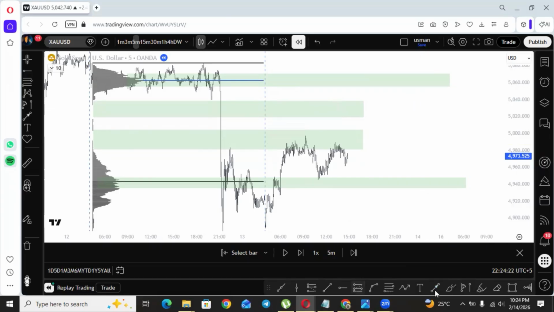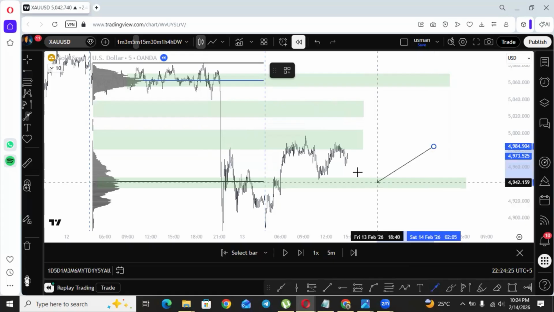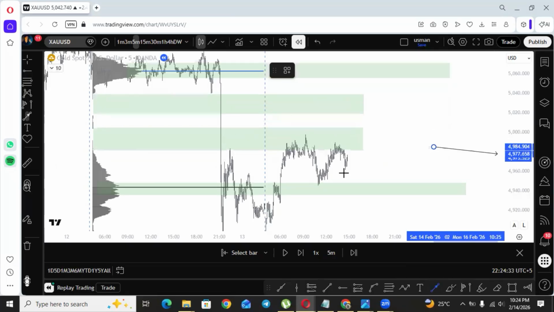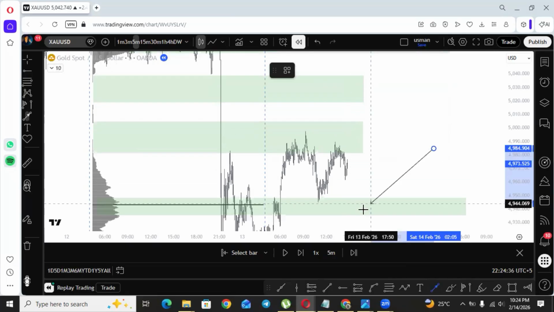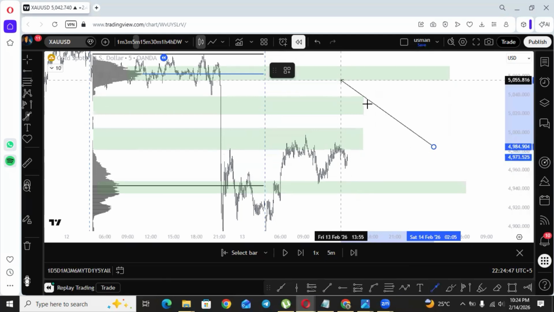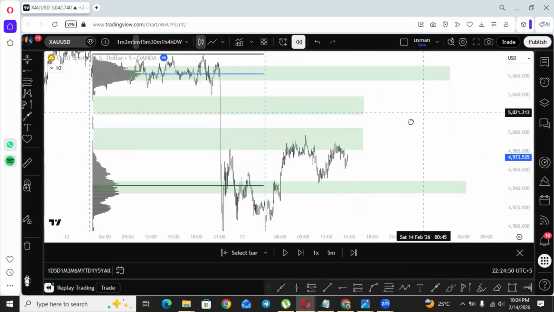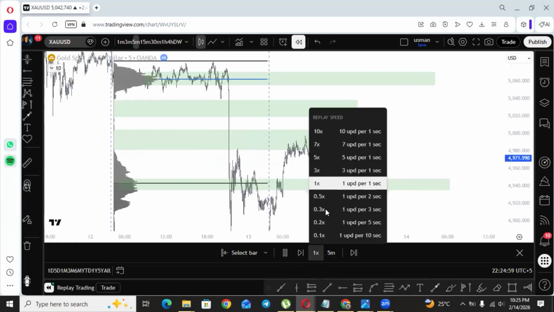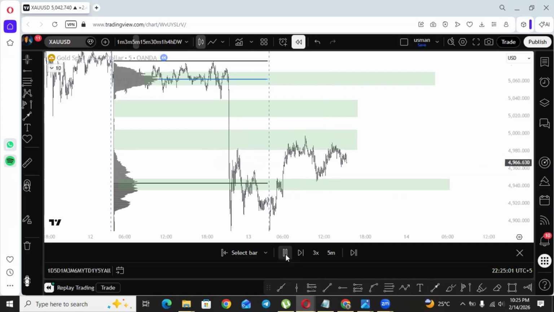I did not know the market would follow my analysis and do the same, but I needed to set my first anticipation about an area. What's the next step? You need to wait for the market to come to your potential area where you are expecting a good move, not a scalping move. So this was the area where I was expecting a buy move towards here. I waited for the market to come into this area, and let's play the chart. And what happened? Let me increase its speed.